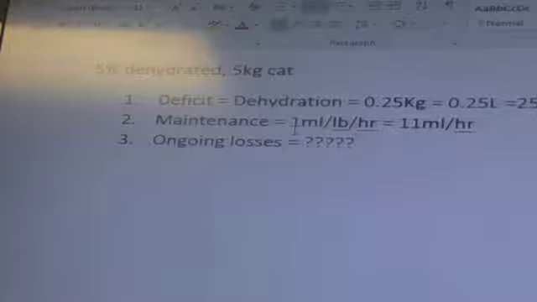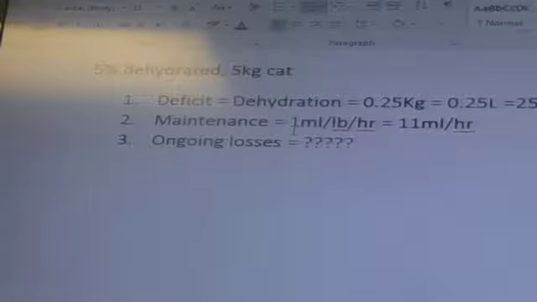or get some sort of litter that you can absorb, and you get the urine from the litter box. If it's diarrhea, same thing, put on gloves and measure it. So those are the losses, and then you replace them back. Usually you count the losses every 4 hours. So every 4 hours,